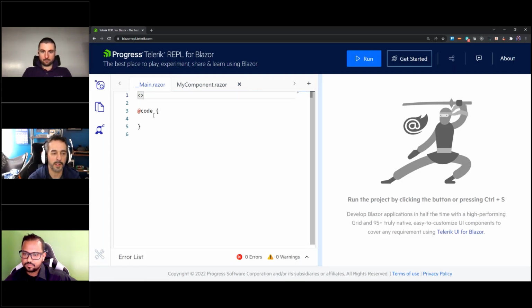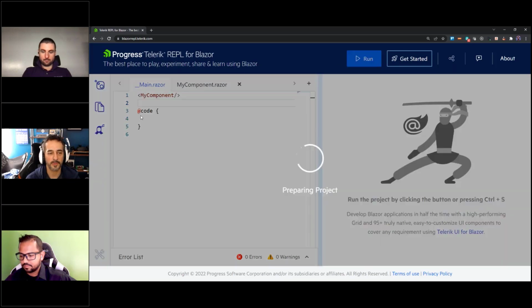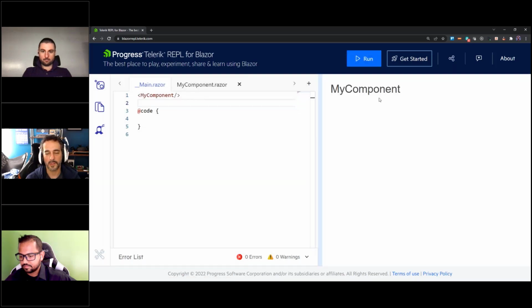So I called that my component, and if I type my component in here, this is now a component in my application. Did I make sure I spelled that right? And we'll go ahead and just run this. And now that I have my component, it will render my component there.